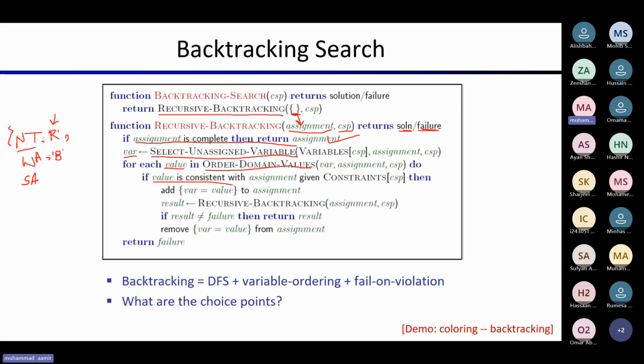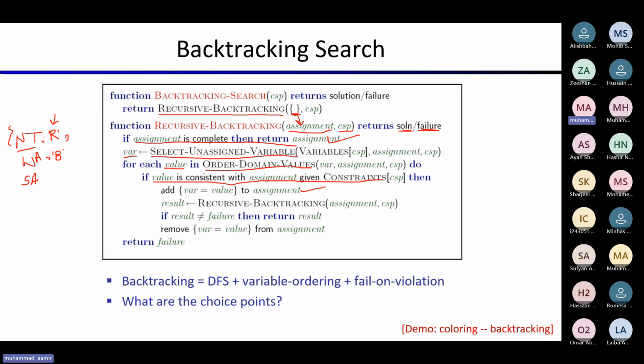If the value is consistent, if the value is satisfying the constraints, then of course we will add the variable to this assignment list, the assignment dictionary, saying that this variable has this value, which is not violating any constraints. So this has been added to the dictionary. Otherwise, what we are going to do is